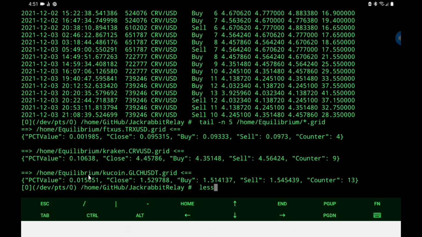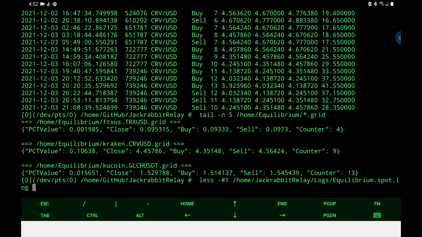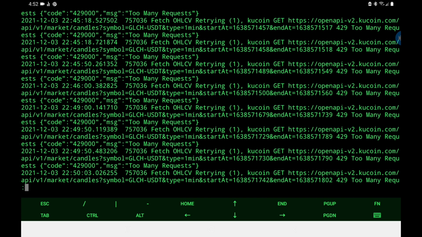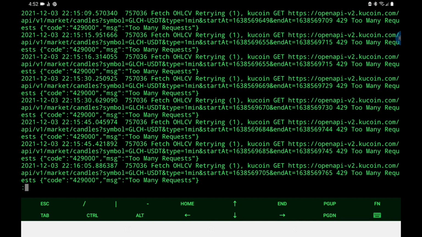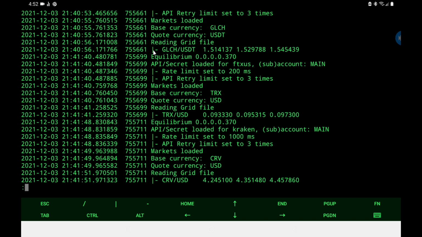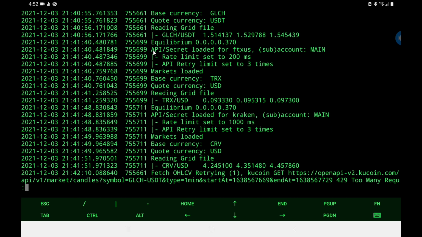But now let's get into the log itself. And I'm going to go backwards. As you see, all of the noise Kucoin left behind. And there is a lot of it, and you see how it starts up. You will see this noise, so expect it. I am working on suppressing it more than it has been, but it is a problem nonetheless. You see here the standard relay format startup process,